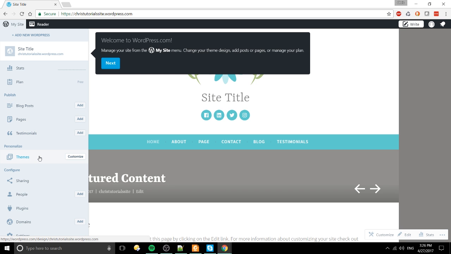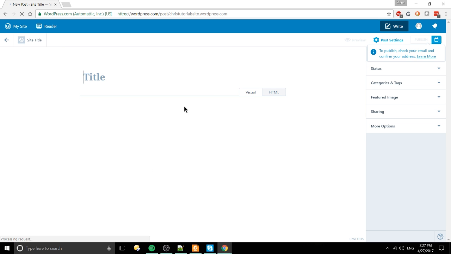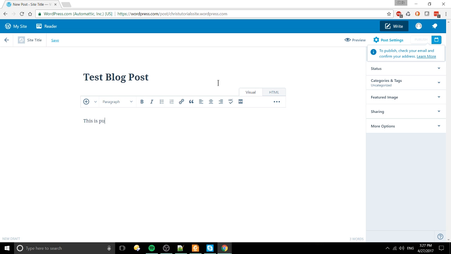Now, if you've ever seen what WordPress looks like behind the scenes, the way that WordPress.com does it, it's themed a little bit different than just a fresh out-of-the-box WordPress installation. But for the most part, things are the same here. It's just that they have some customization. So here we can do things. If you want to add a new article or a blog post, you would click add here, and you start typing things up. So it's like test blog post,